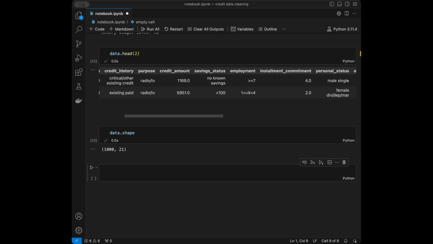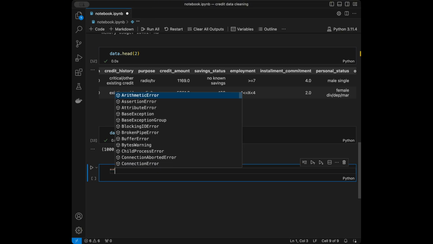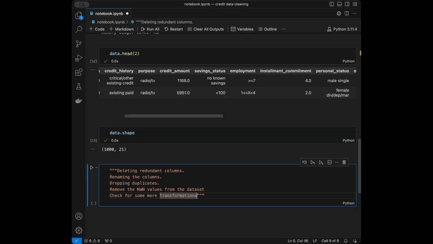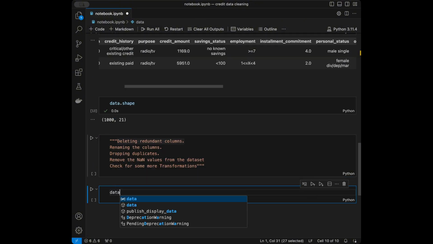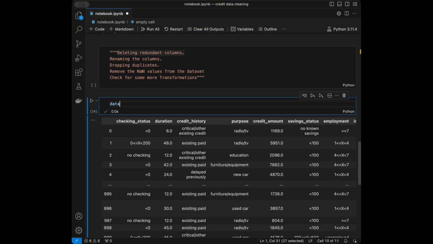Let's start our data cleaning operations. So here are our data cleaning steps. The first one is deleting redundant columns. So I'm going to call the data again, data.columns